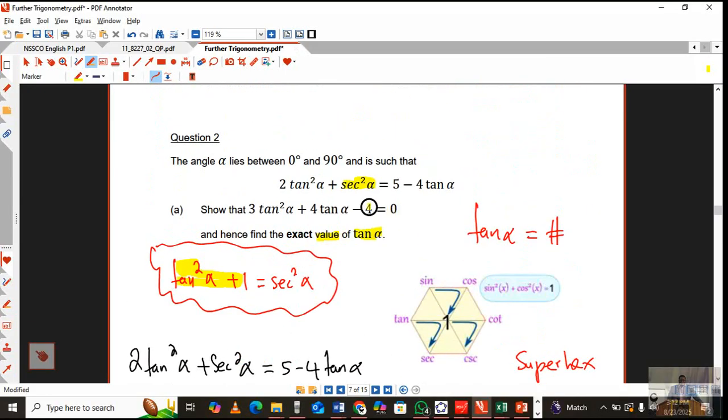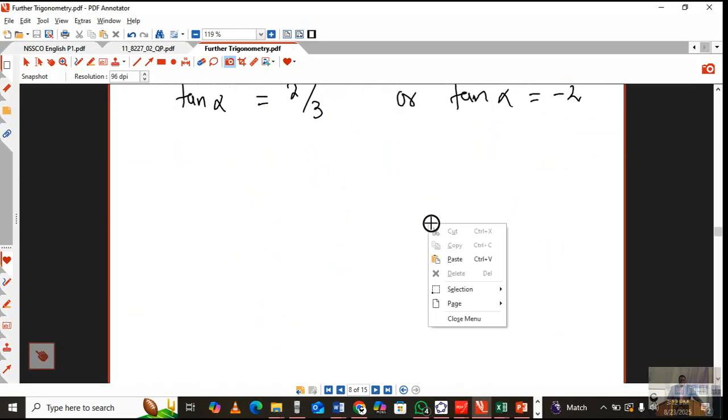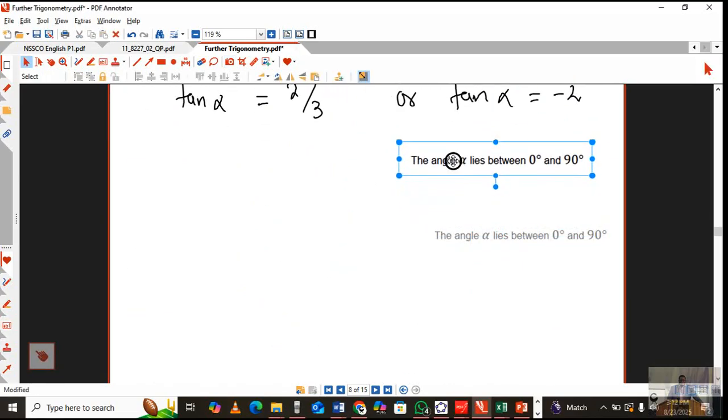Now, what will be your guiding factor? Your guiding factor is all of this over here. Okay, let's just grab it. Take a snapshot. All of this there, they are telling you the angle is acute. Okay, so when the angle is acute, let's take that. Right, when the angle is acute, just bring it over here. The tangent ratio